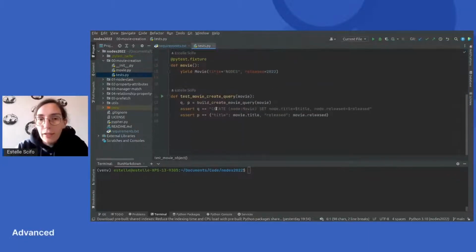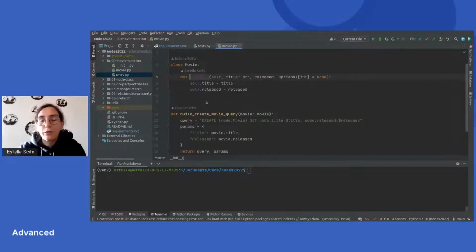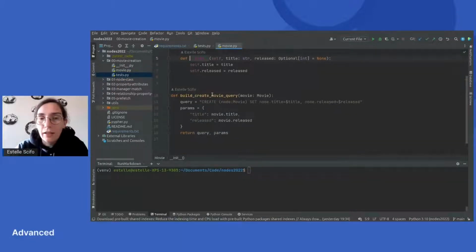Those properties need to be set, and then I want a function that is able to create this create statement where I want to create a node with a movie label and set its properties. So the easiest part, of course, is to write a movie class with title and release attributes that we can set, and we can build that function here that returns the query as we expect it to be.